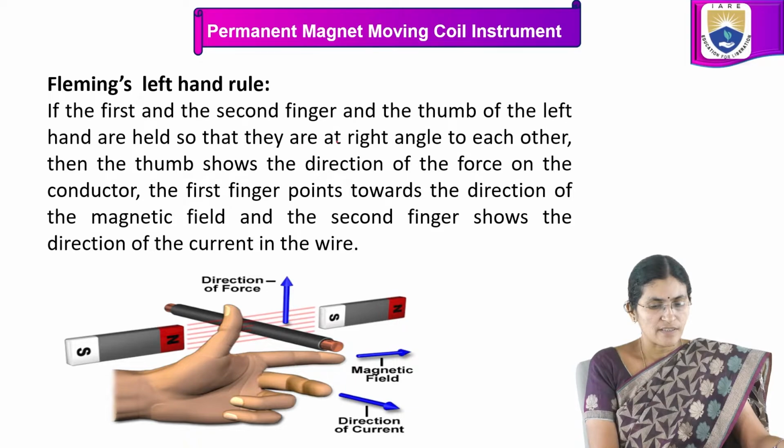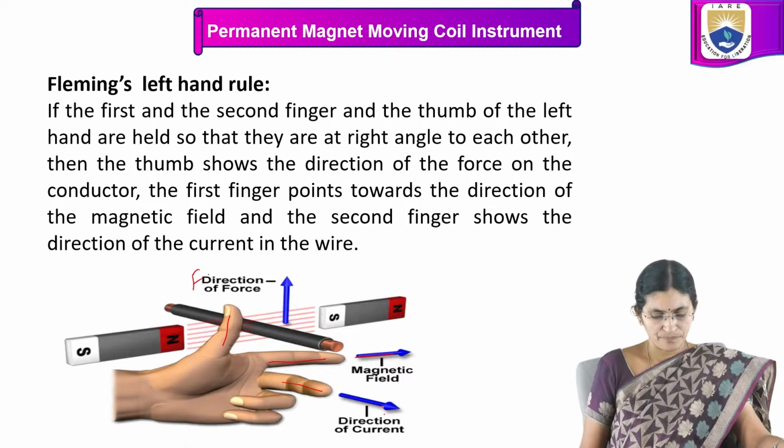If the first and second finger and the thumb of the left hand are held at right angles to each other, then the thumb represents the direction of the force, F on the conductor. The first finger represents the direction of the magnetic field,